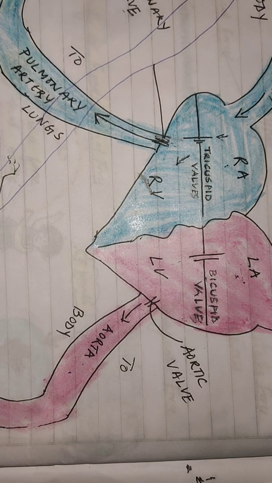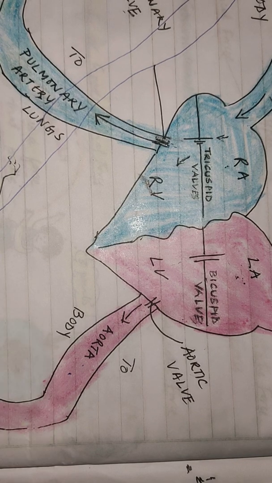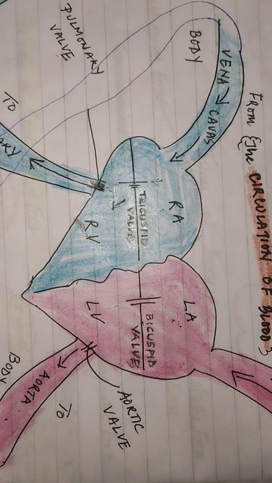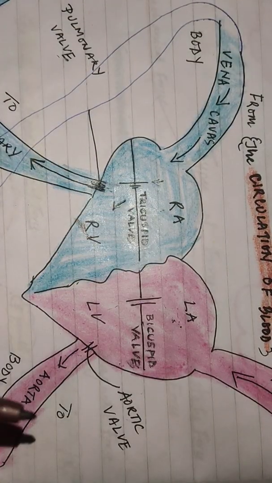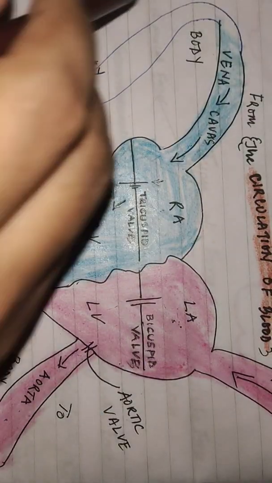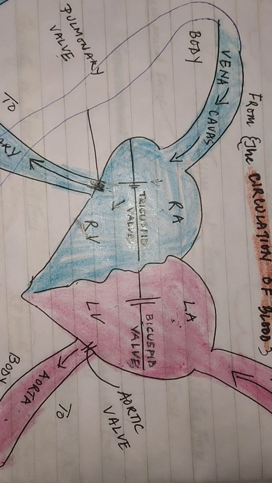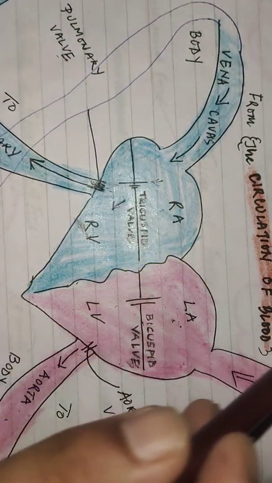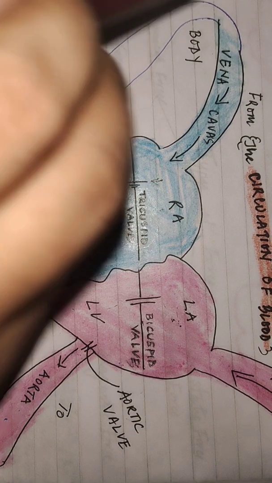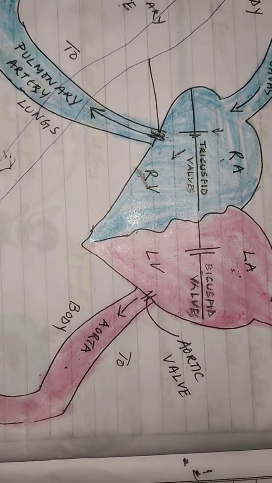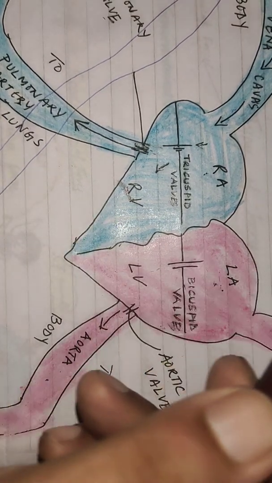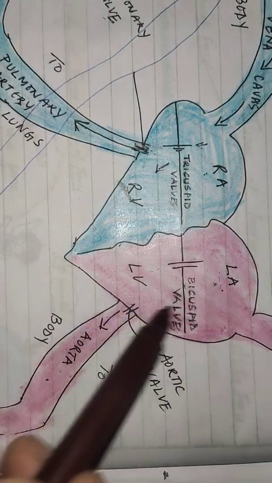Oxygenated blood is supplied to the body, and once again from the body, deoxygenated blood will come from the head to the heart, and from toe to the heart, and the circulation will start again. Deoxygenated blood will move from here to the lungs, and oxygenated blood from the lungs goes to the left auricle, ventricle, aorta, to the body, and this circulation keeps on going. Sometimes it is also known as double circulation because the blood enters the heart twice. Okay,